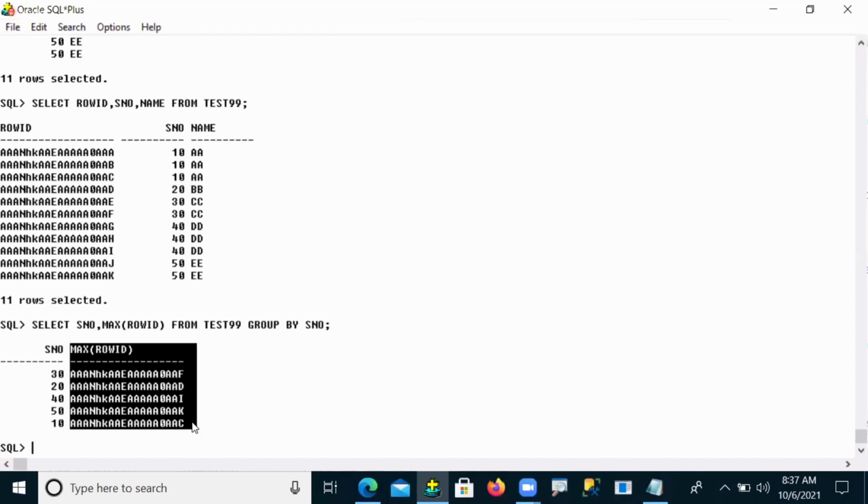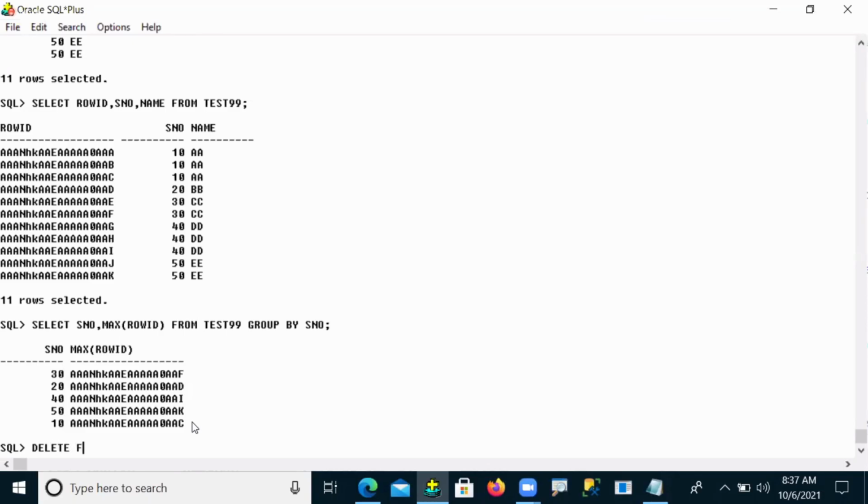What I want to do on this inner query is apply the delete command. Delete from test number 99 where row ID, and here I apply the not in operator. We already discussed the not in operator. What is your inner query? Select max of row ID from test number 99,